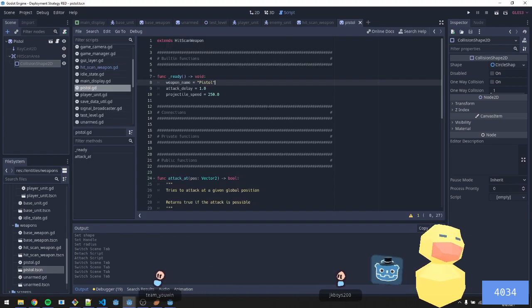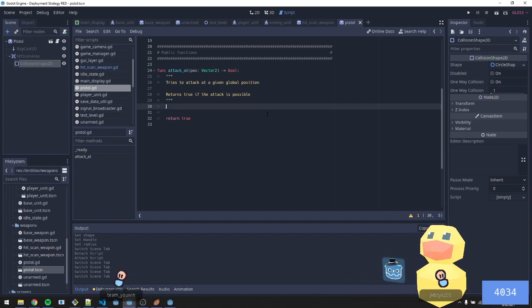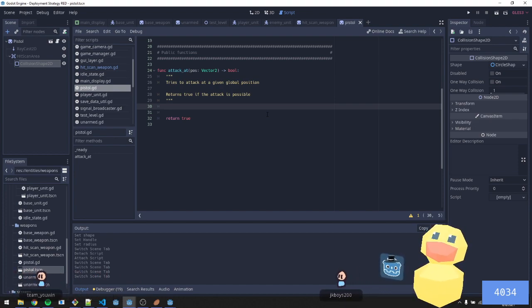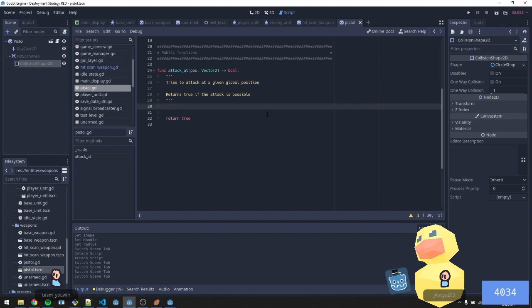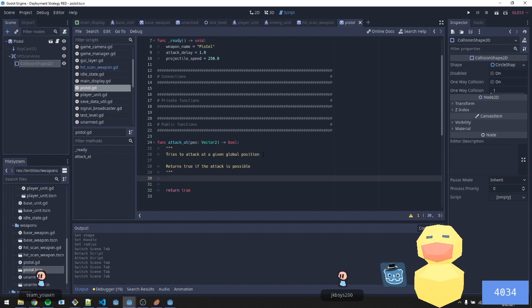And then we can have some sort of calculation. Although that does feel kind of bad, right? If in an RTS your units are able to miss, and the chance of missing is actually random. It's not based off of, I guess, line of sight anymore. Whatever. We'll see how it feels. We'll see how it feels. Attack at position. So we'll do hit scan area dot global position is equal to